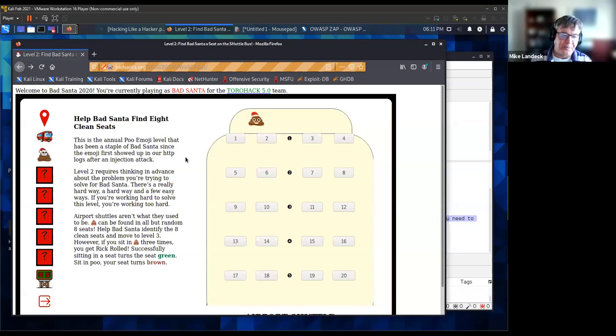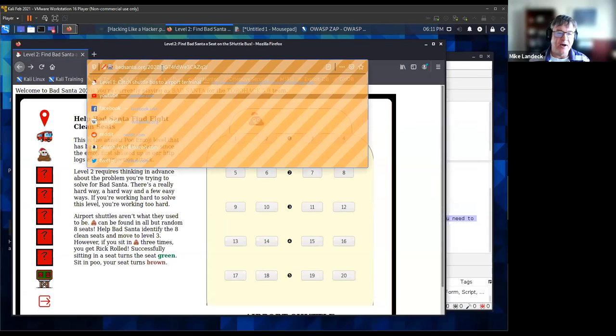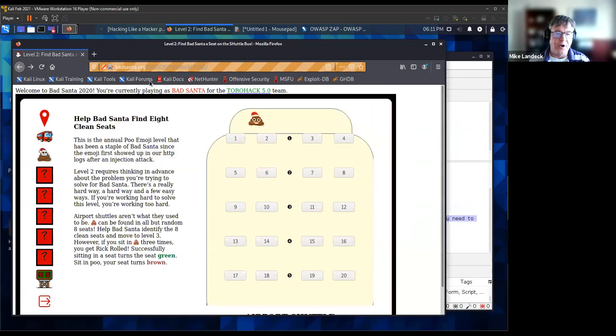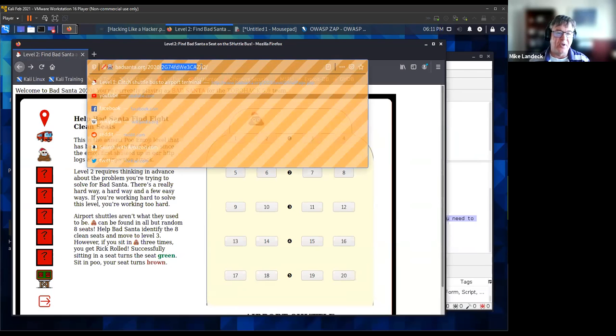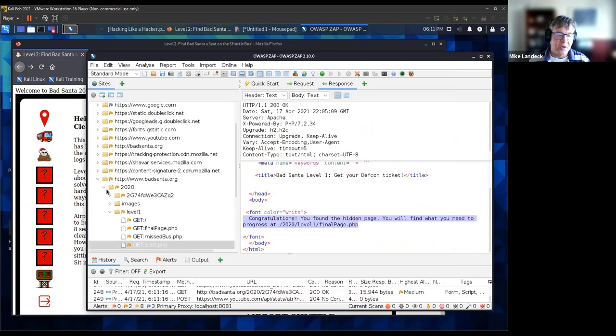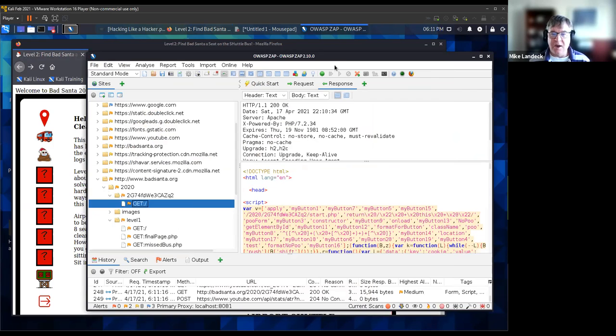Now, once you do that, you'll go back to your ZAP, and up here, you'll notice it's no longer called level 2. It's called something else, and that was to keep people from guessing and level jumping. So in ZAP, you're going to be looking for this string and not the words level 2. When you go back to ZAP, you now have this directory, and you can look here, and what you'll see